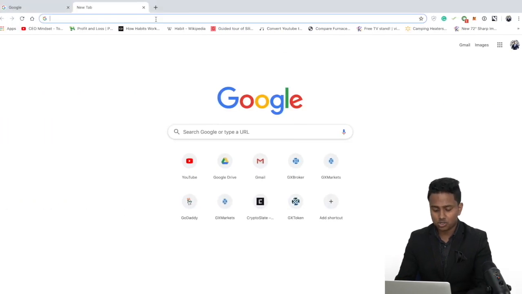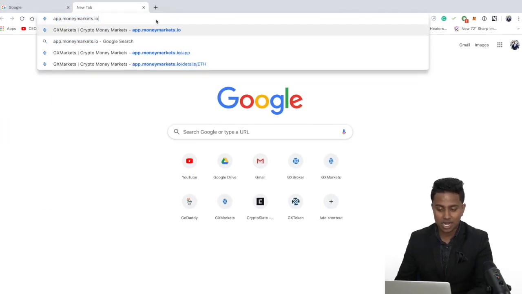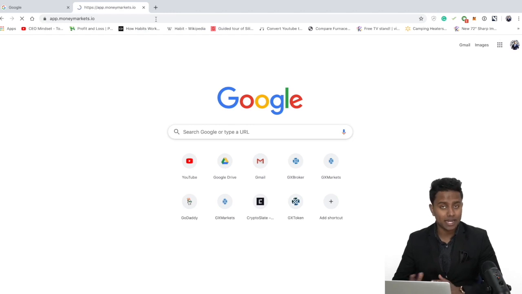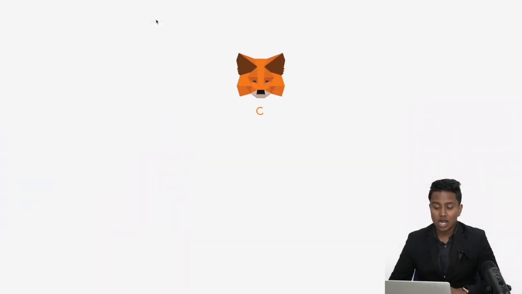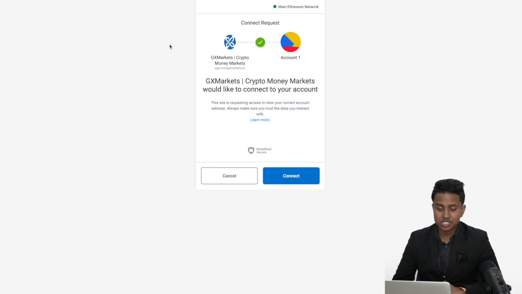So the first thing I'm going to do is go to app.moneymarkets.io. We have been very lucky to secure the domain moneymarkets.io for this particular protocol. And to access directly the application, you'll be going to app.moneymarkets.io. You click enter. And again, I'm clicking enter with the first browser, and automatically what you see is that it's